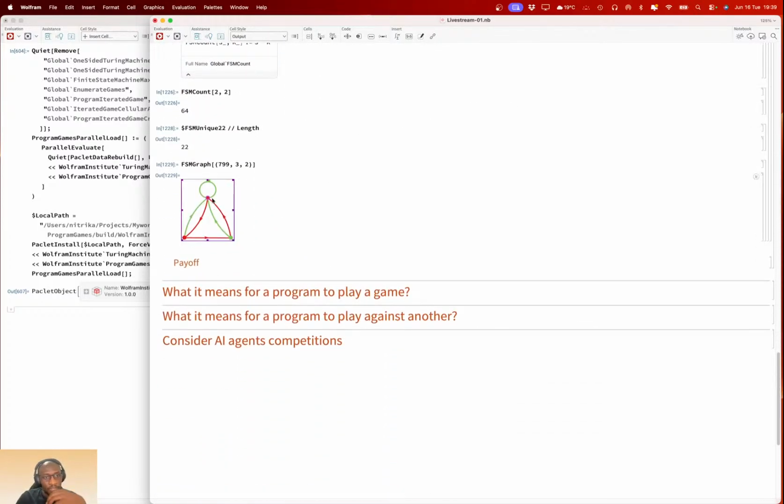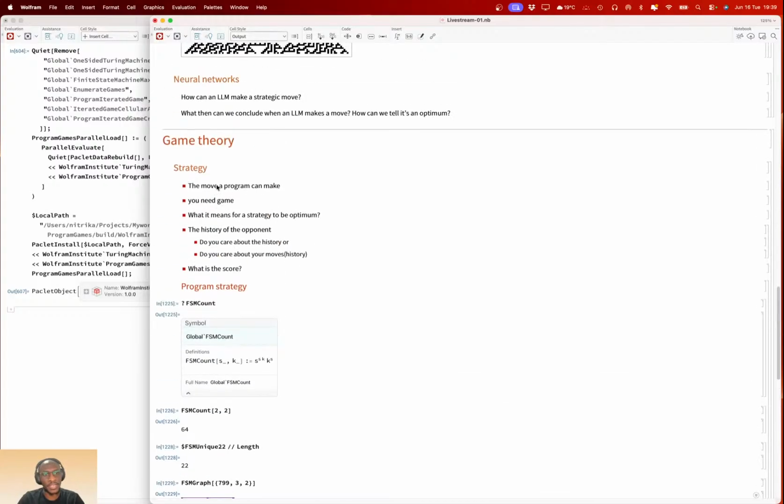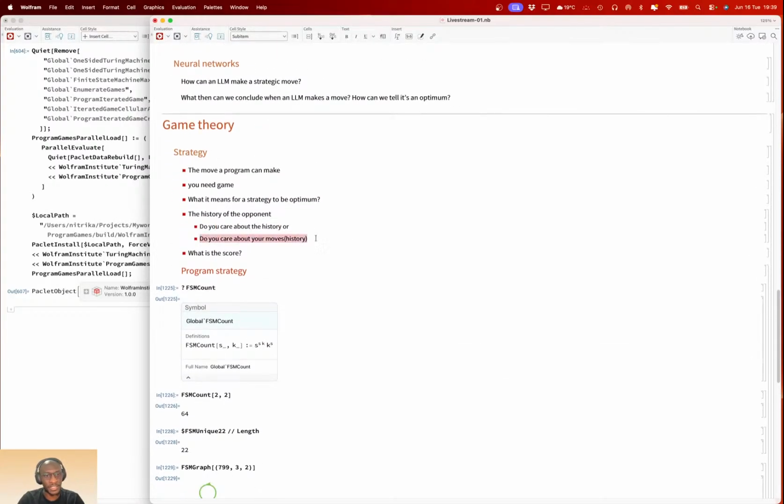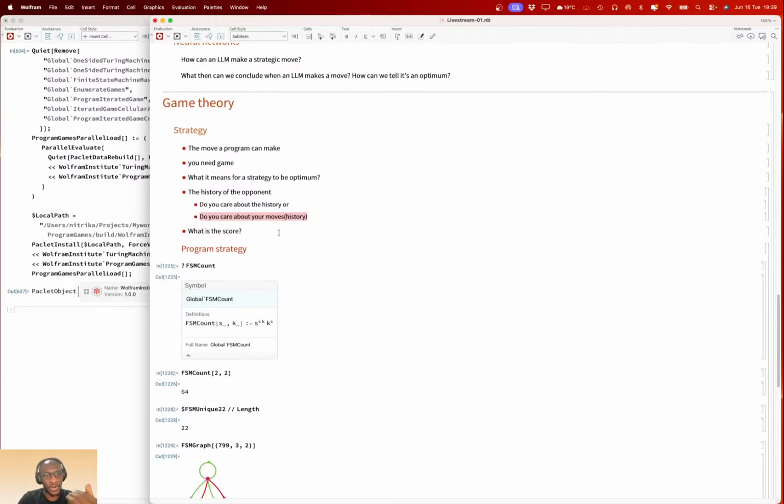Okay. So we have this, let's say we start here. If you look at this FSM, you can't ask this question. You can't care about moves of your opponent.